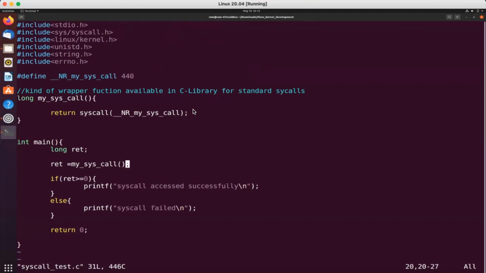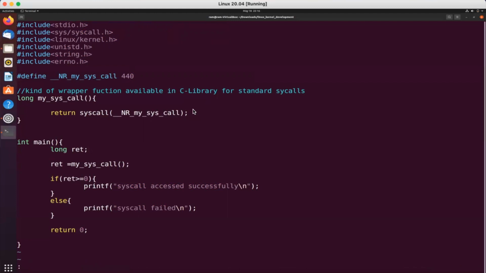So here you can see that in this variable, we are giving the system call number 40. And this is kind of a wrapper function to access the system call. So we are including this wrapper function here because we don't have C library support for our newly created system call, because we have to create some wrapper functions in the C library. But right now we are not using the C library, so we are directly defining it in this way here.